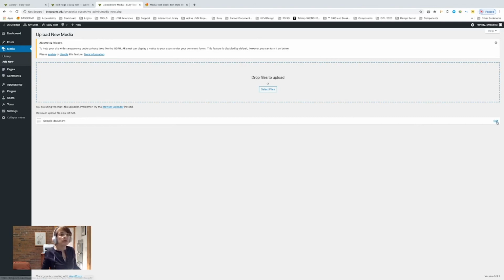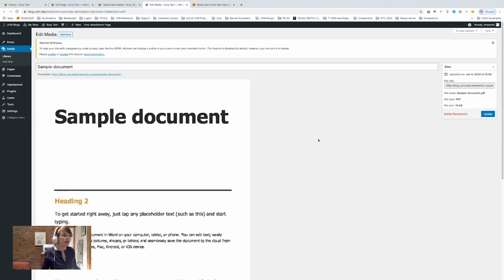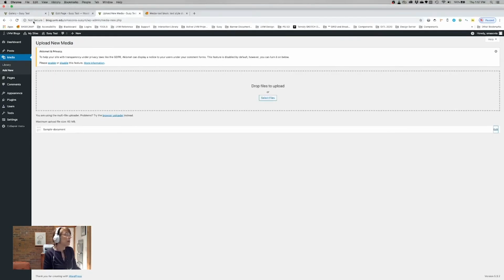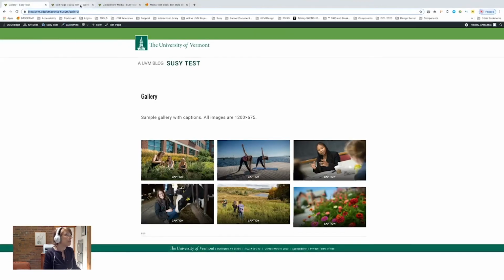And here, to get the URL, you just click edit on the right. It shows the document. This is just a dummy document, and I'm going to pick up the URL over here on the right. So I'm highlighting it and copying it, and then I can just go back. I can close this and go back to my page,